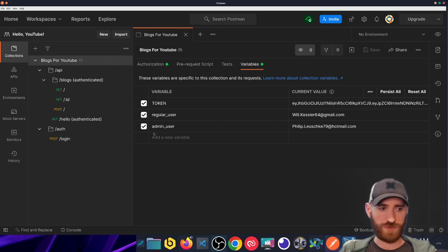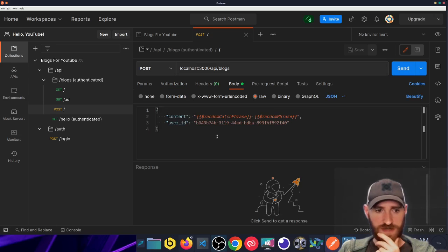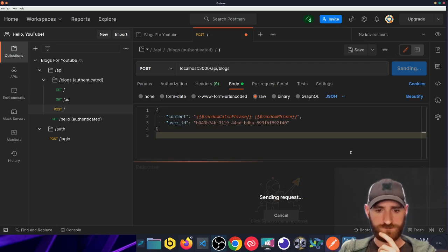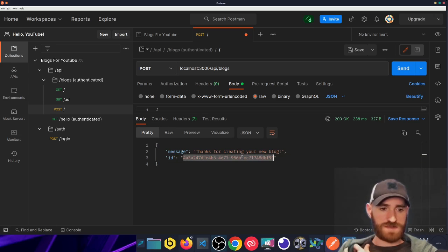what if I want to run through a series of requests, like if I'm trying to test out my API and make sure everything's good? What if I want to create some kind of request? So let's say I write a blog and then I want to update a blog and then get that specific blog and delete it. Well, you can have Postman save the ID of that freshly created asset, so that way I can have it post, and if my body responds with the ID, which I normally do, well, you can save that ID as a variable like temp blog ID,